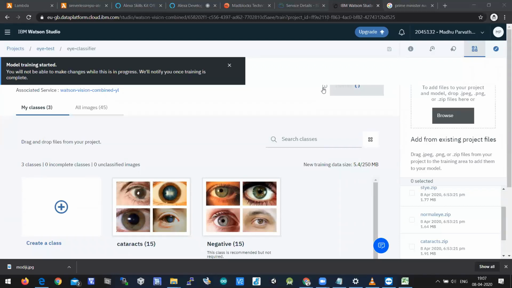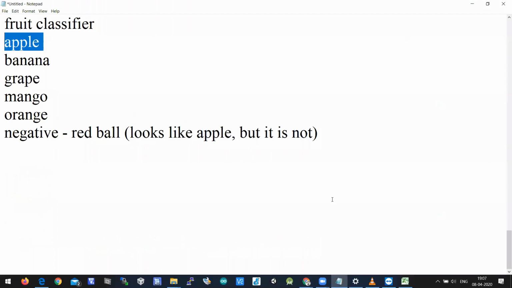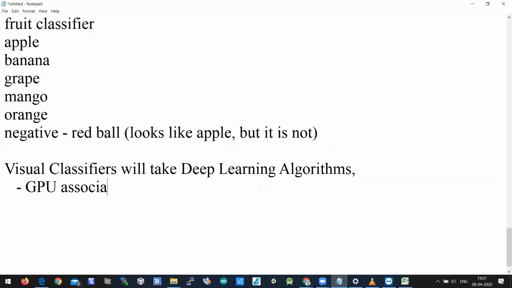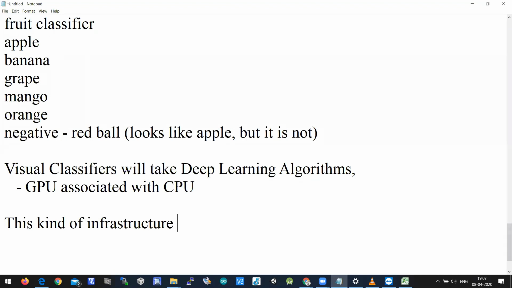See, one advantage in IBM Cloud is, generally visual classifiers will take deep learning algorithms, and generally it needs a GPU associated with a CPU, and this kind of infrastructure will not be available at every place.